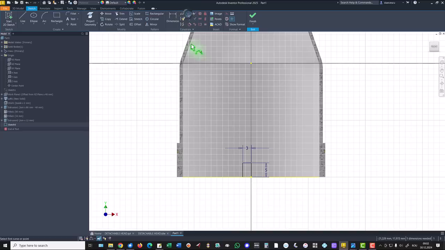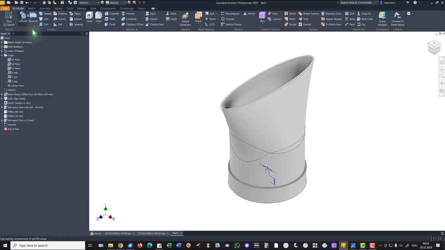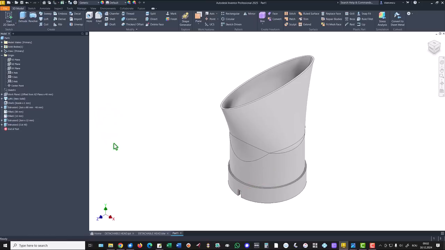This midpoint goes to the center point. Finish sketch, extrude with cut the other direction all the way through the part. Okay,